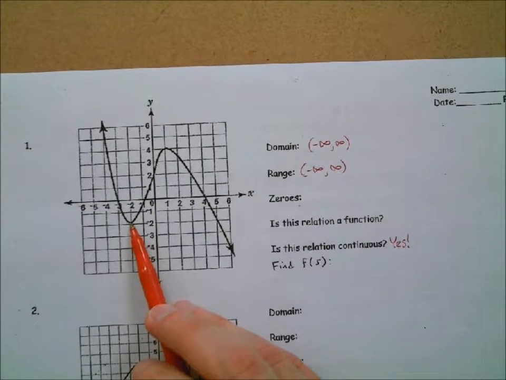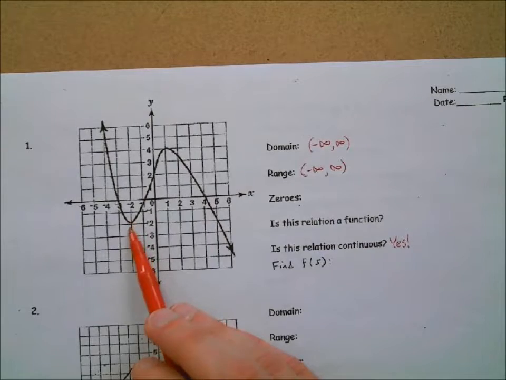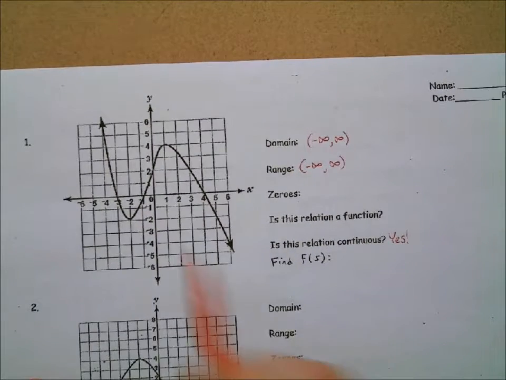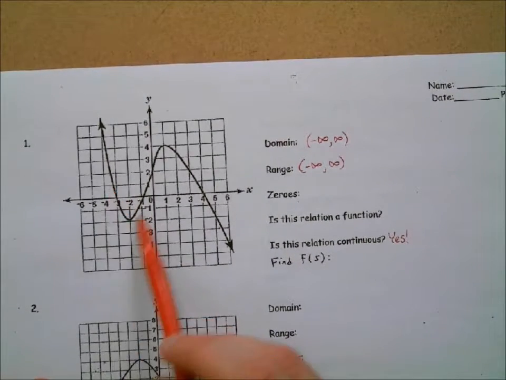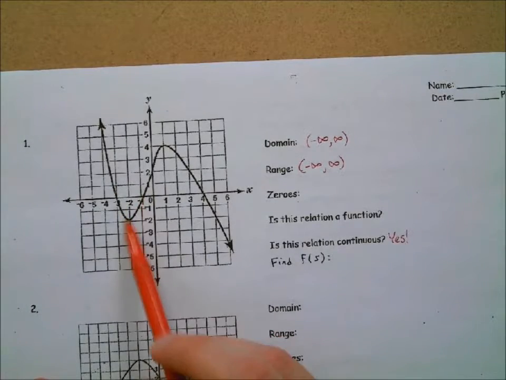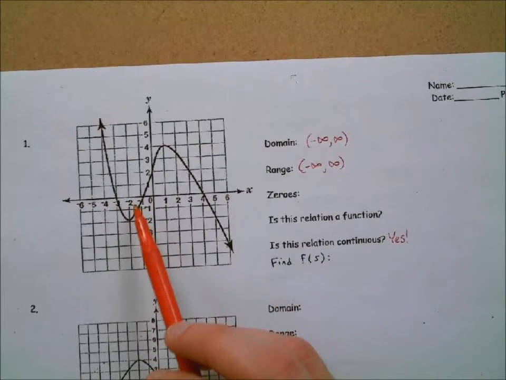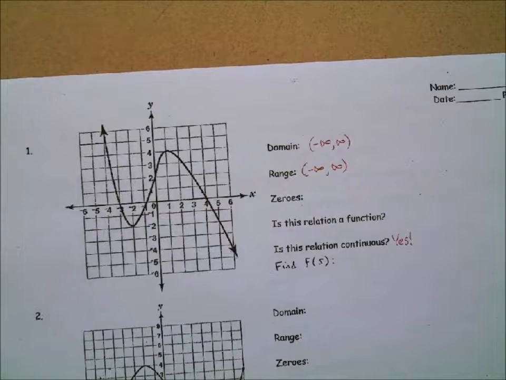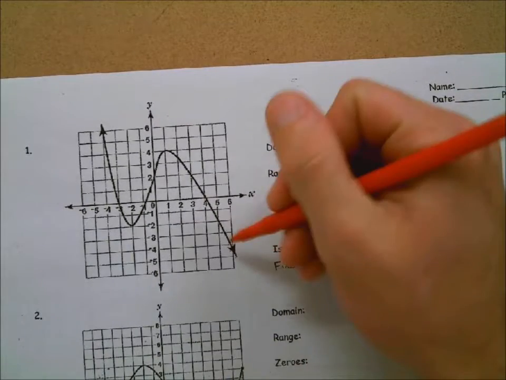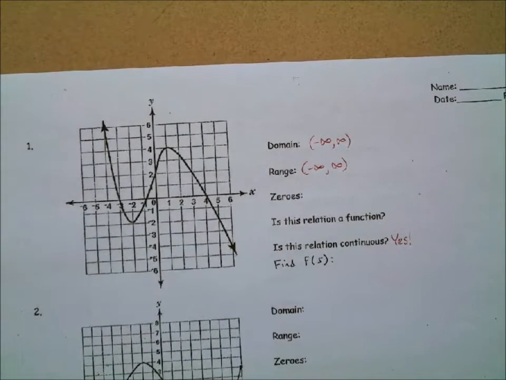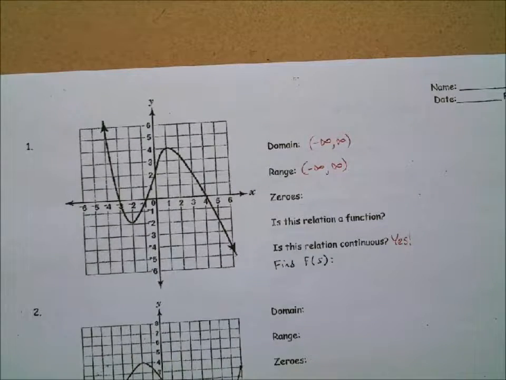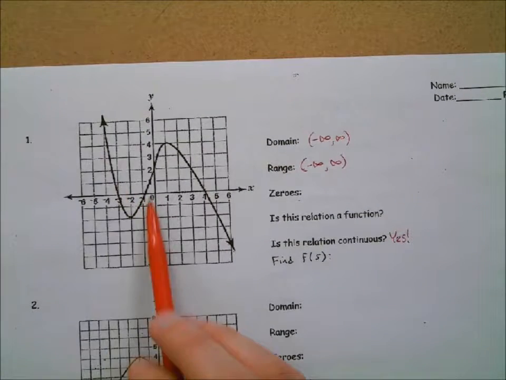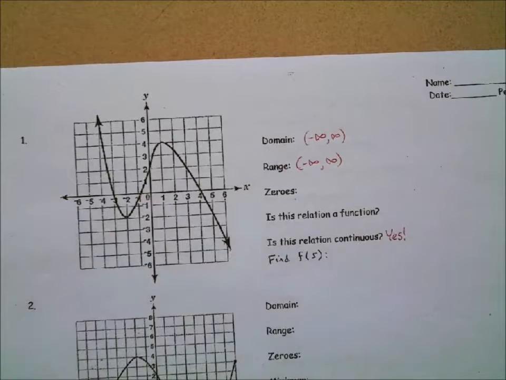We would call this, and I don't think you guys need to worry about this, but I'm going to tell you anyway. So you might say, Mr. Wid, we do have this bottom point right here. Shouldn't we call that a minimum? And the answer is yes, that is called a minimum, but it's not the minimum. The minimum indicates the lowest point. There is no the lowest point because we keep going. But there is something called a relative minimum, relative to the rest of the graph around it here. That is a minimum point. So relative minimum. But you guys don't need to worry about that. Also called a local minimum.